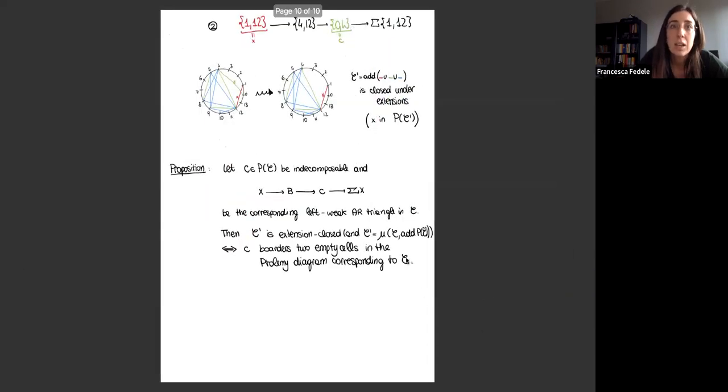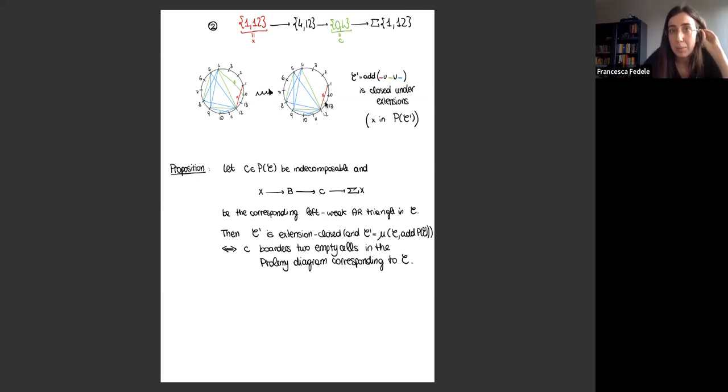On the other hand, if we chose 0, 4, so these other dissecting diagonals joining 0 and 4, there is again a rule that tells you how to construct the left weak Auslander-Reiten triangle. And we can see that the other end term is X, given by 1, 12, again in red in the picture. But then the new set of diagonals we obtained by removing C and replacing it with X is a